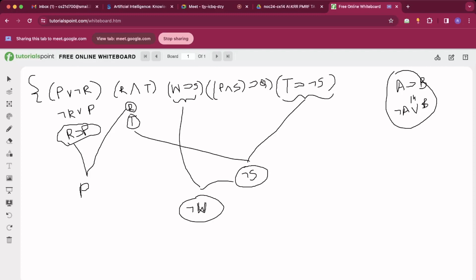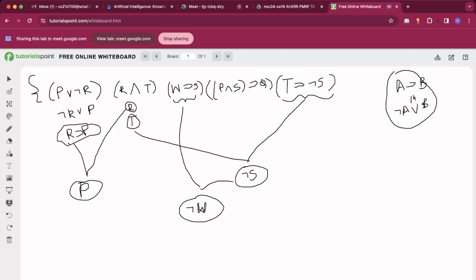So we know that all the facts present in the knowledge base are supposed to be true, and for R and T to be true, both R and T should be individually true as well, right? Because when the AND operator has to be true, both the entities to the left and right of it should also be true, right? So R and T individually will also be true. Now using R implies P and R, using modus ponens, we can write that P is true, okay? Similarly, using T and T implies not S, again using modus ponens, we can say that not of S is true. Now using not of S and W implies S, we can say that not of W is true